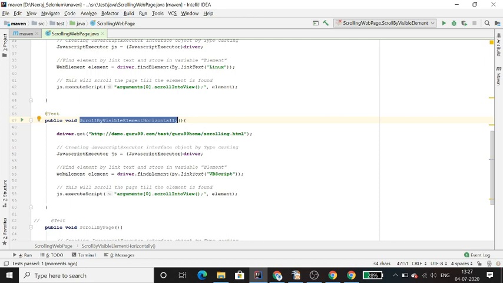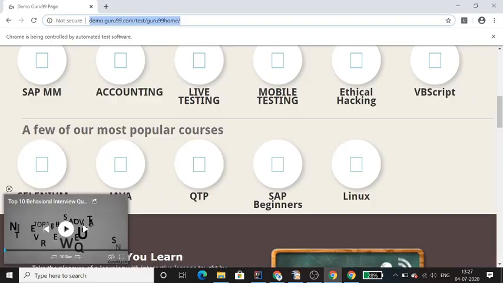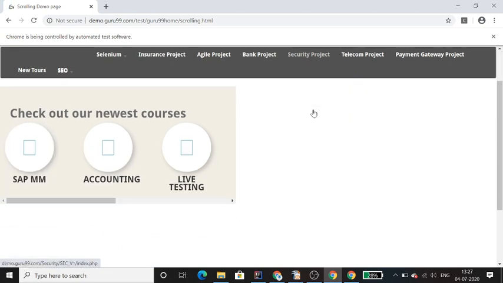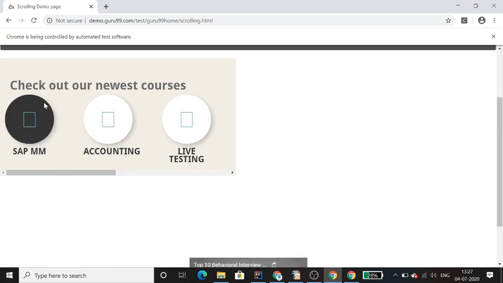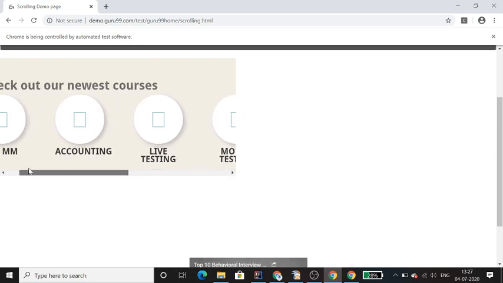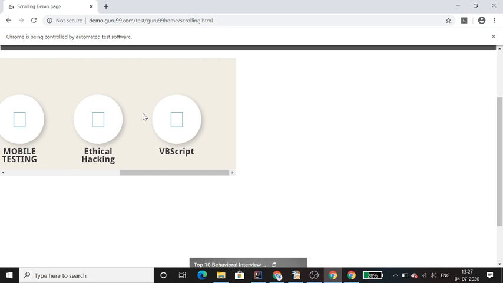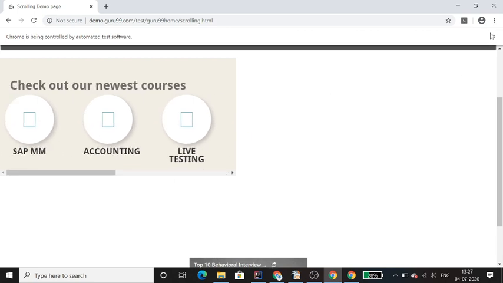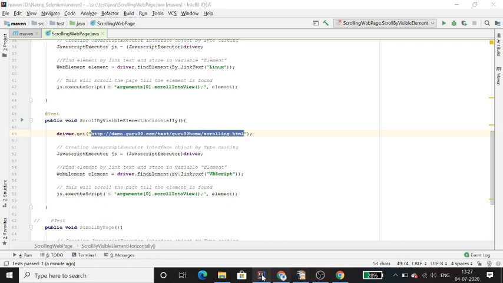Now if you want to scroll the page horizontally, I have one more application. Let me show you first. This is the application where you need to scroll horizontally. How can you scroll horizontally? Like this way. I have created an element for the VB script, and till here you need to scroll to your web element. Let's see in the code.